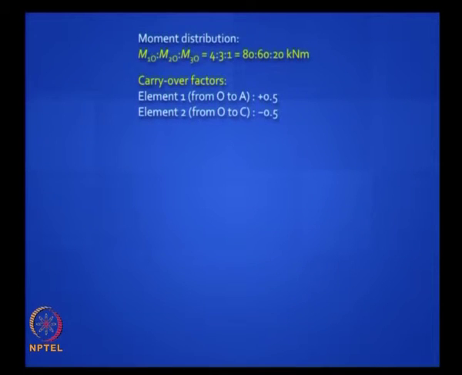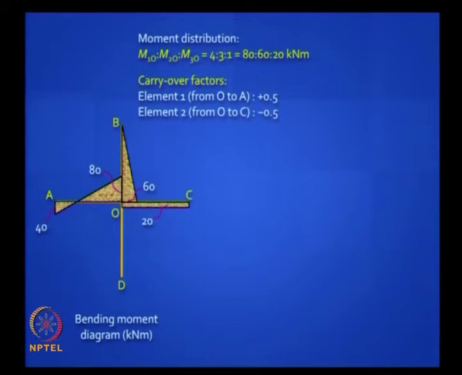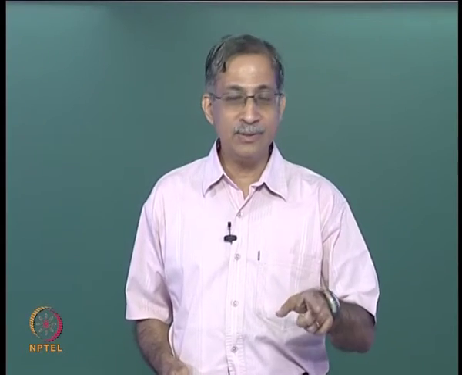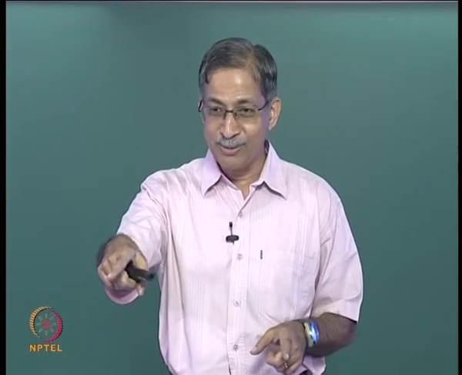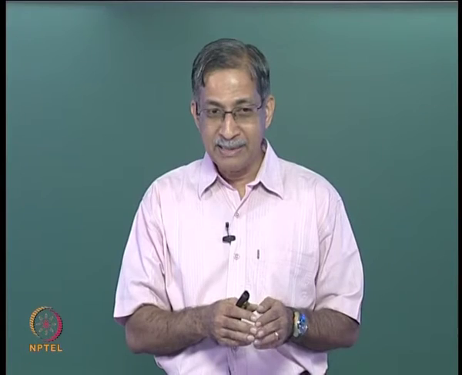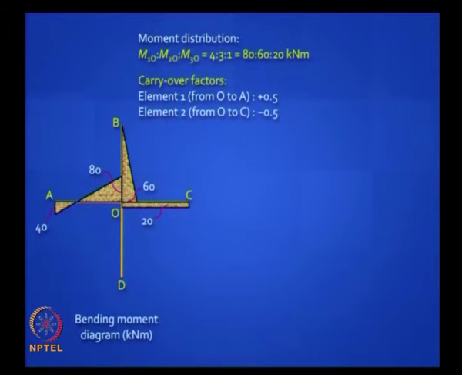And did you draw this? How many of you did it correctly? Raise your hands. That's not okay. Some of you did, but you should be able to do it. See, after you reach the goal post, you have to put the ball in. This is the finish. Have you all understood? This is drawn on the tension side. I noticed you did it, but you didn't draw it on the right side. So it's clear. Remember there's a carryover moment. Remember that in OC it's a cantilever behavior, moment is constant. Does it make sense? So we are synthesizing all that we learnt in the first few slides in this problem. Clear?